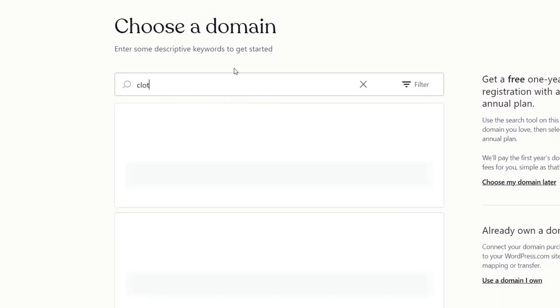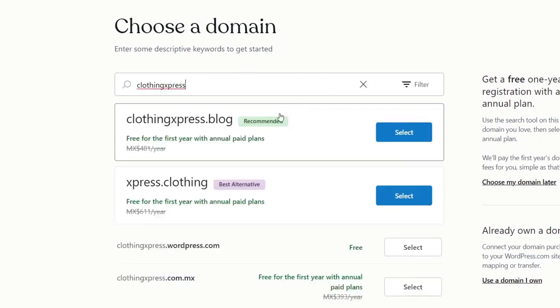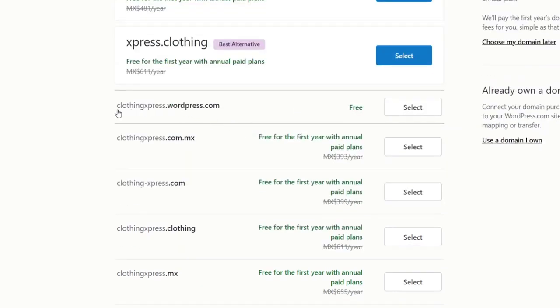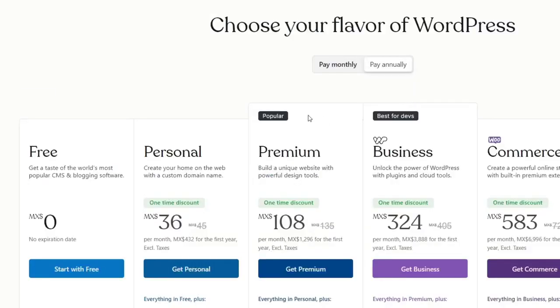Let's say, for example, that I am doing something with clothing on my account. So as you can see, I have clothingexpress.blog, and this is the actual price, and it's free for the first year. If you want to stick with the free version, WordPress has a unique custom URL domain, .wordpress.com. If you like it, choose the one that says select, and then it's going to show you different